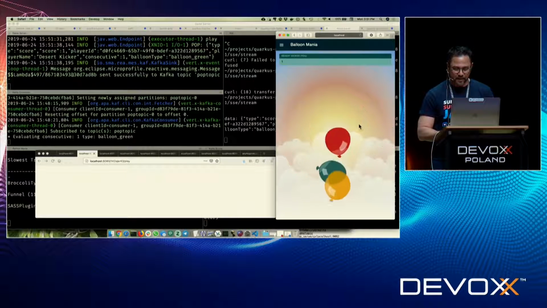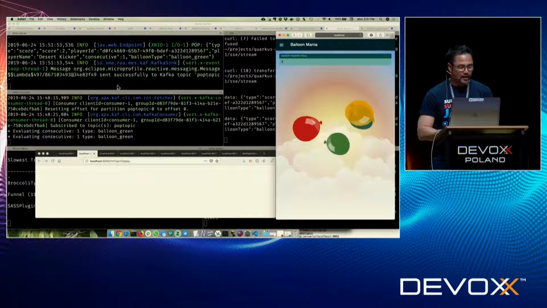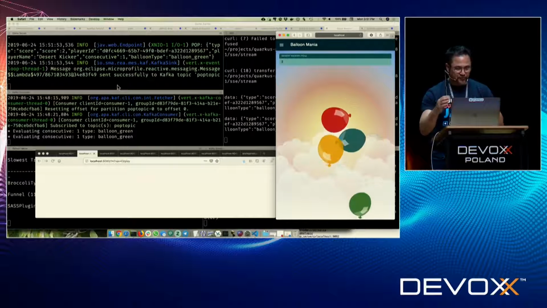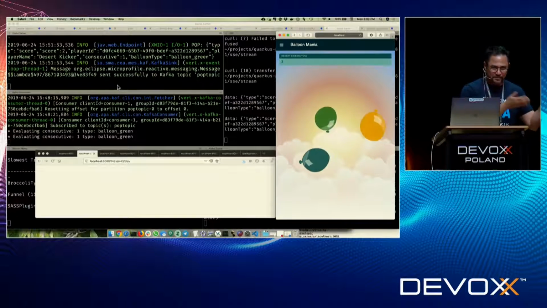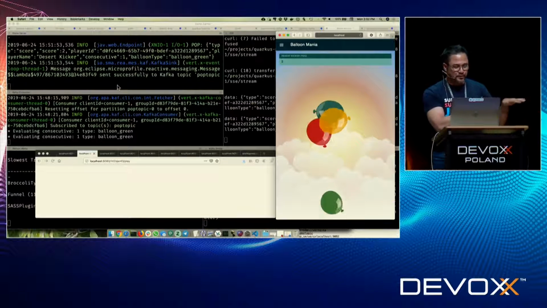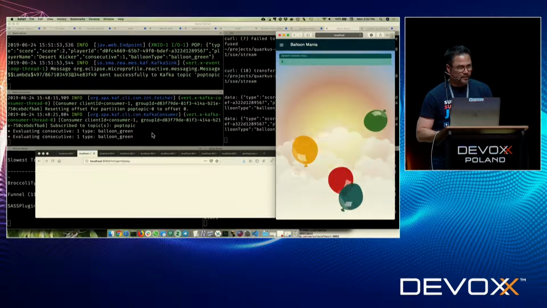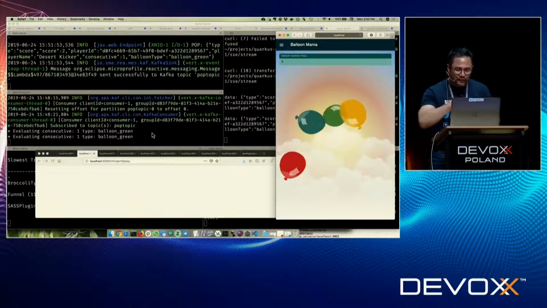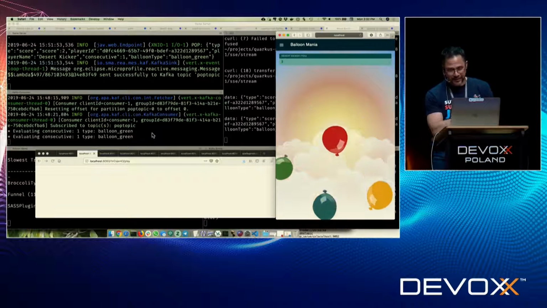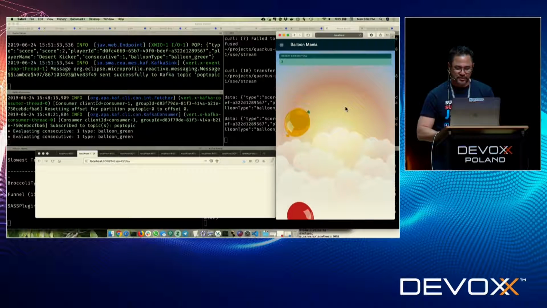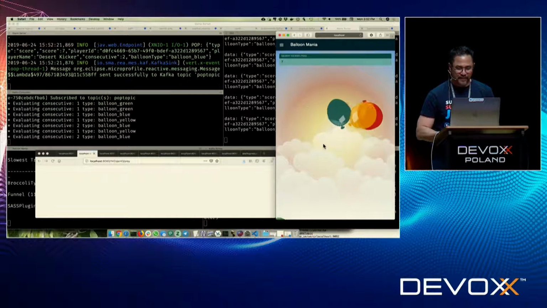So if I come over here and pop a balloon, right, you can kind of see there's message traffic flowing in the background there. All the pops, all the transactions are flowing through a Kafka topic called the pop topic, pop a balloon, pop stream. That's basically pushing through the pop topic. And then I have another endpoint, another component, which is basically evaluating the stream and deciding if you get bonus points for that or not. That was the goal of this demo. So if you can kind of watch here, I'll pop a few more, right? You can kind of see how you can go rather fast.